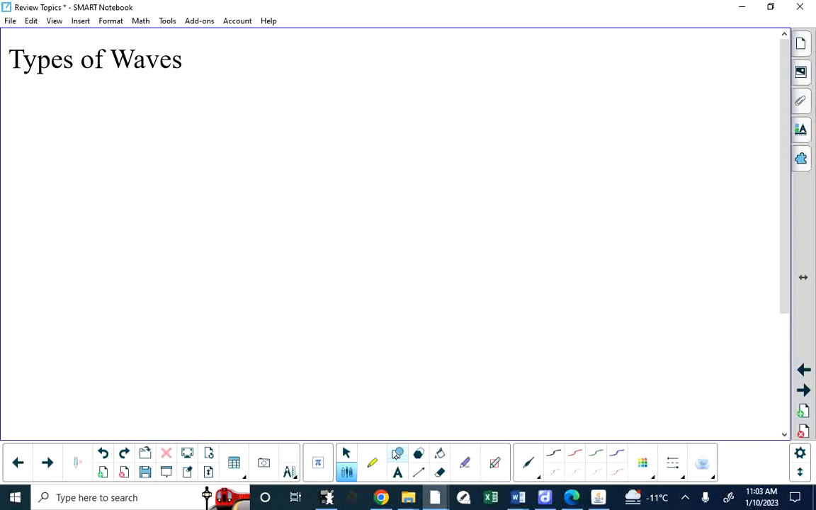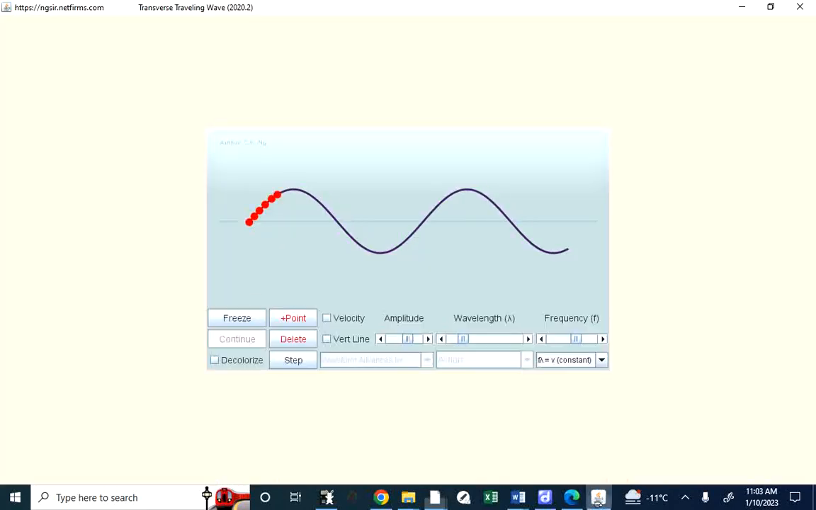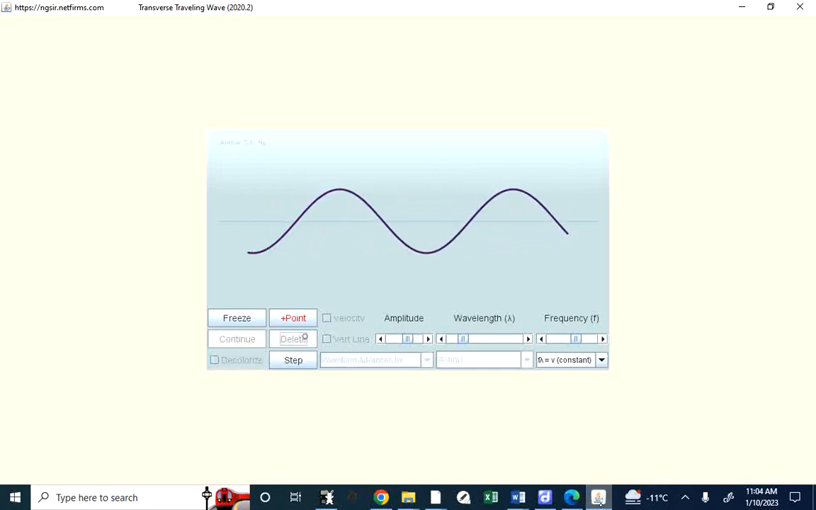Mechanical waves, though, can be classified as being transverse in nature or longitudinal in nature. And this is an example of a transverse wave. A transverse wave is a wave in which the medium, I'm going to slow this frequency to a lower level, the medium oscillates perpendicular to the direction of